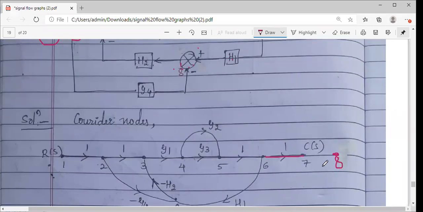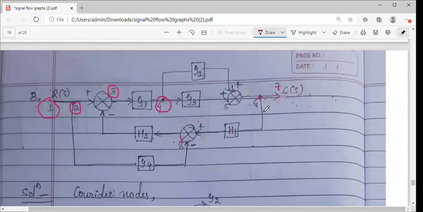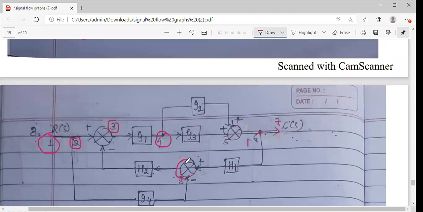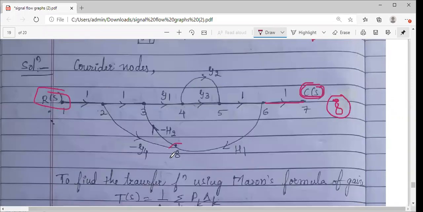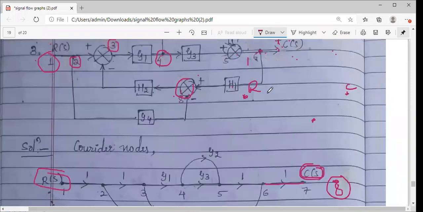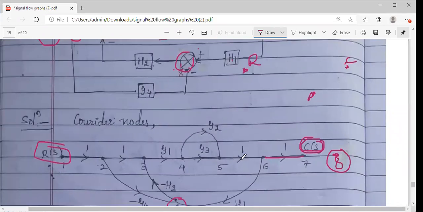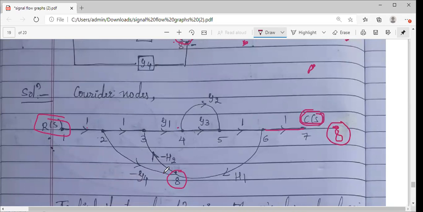So just to avoid that, instead of taking the last one, you make this the end as it is, 7 after 6. You can see the structure starts from here in the block diagram: this is your R, this is your C, and you have an additional node here. Draw the signal flow graph like that: R leftmost, C rightmost, and one more node here. Take the nodes in such a way, because from 7 to 8 there is no connection, which you would have to leave blank. So just to avoid that, take the 8th node below.